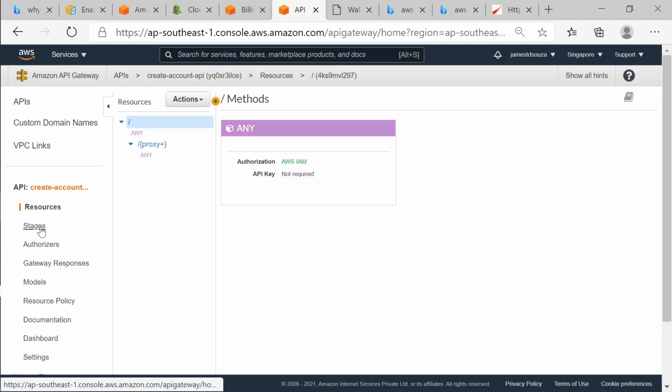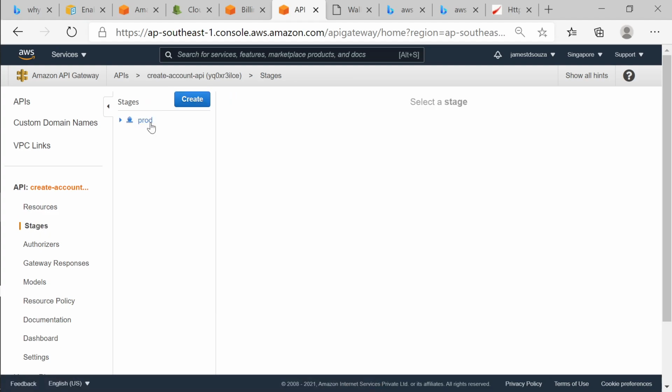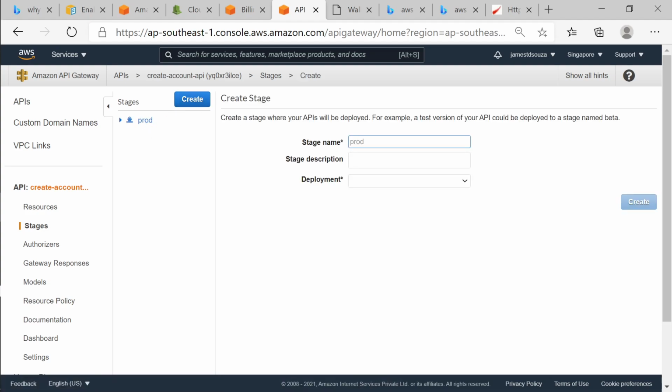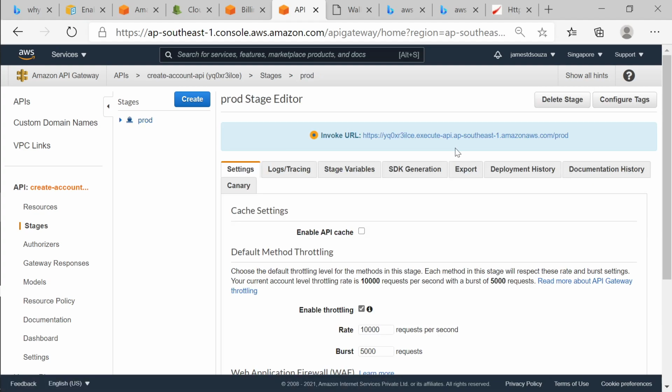Here they have created stages. Stages means different environments. You can create a stage called dev environment and have separate links for this dev. They're asking to deploy, but I don't want to deploy anything. You can create a separate set of links only for the development areas, and the moment you want to deploy it, you can push it to prod also. That is what stages mean. Right now they have the production environment, which is your live customer environment. They've given you the link over here.